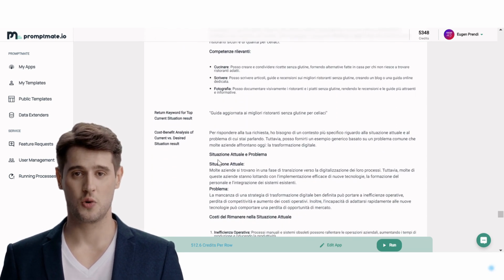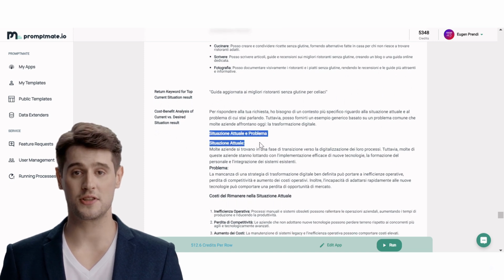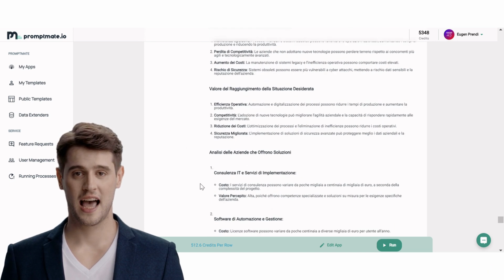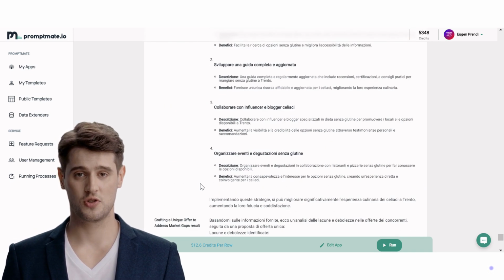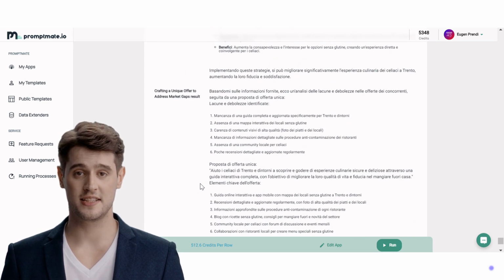Next, it will use the Google Maps data extender to see what the local niche participants are offering as a solution to the identified top problem. At the end, it will craft a unique offer to address market gaps and solve the target audience's top problem